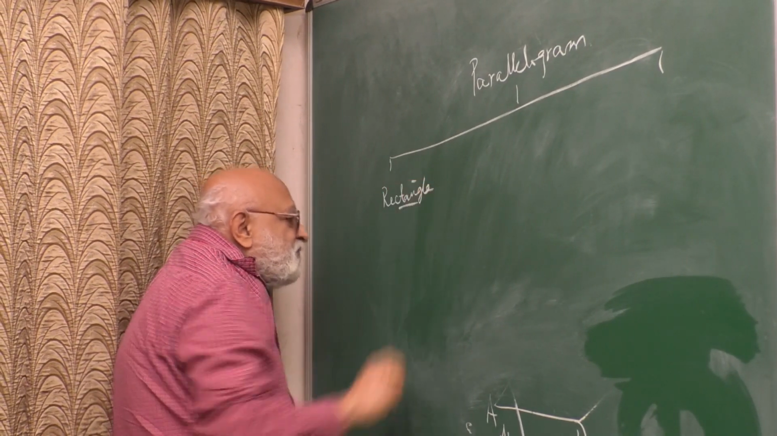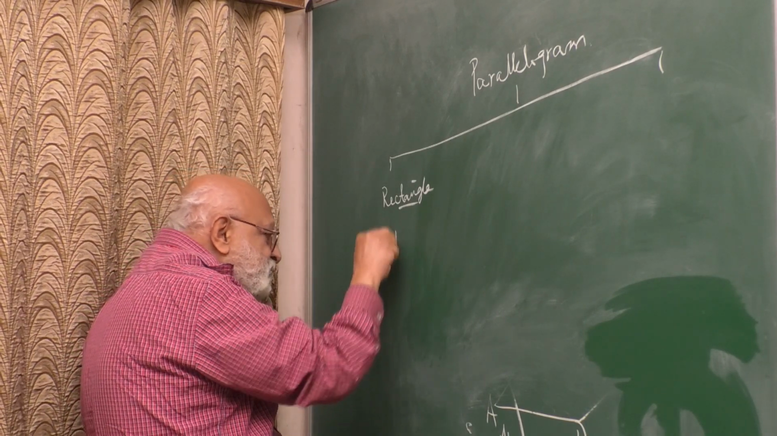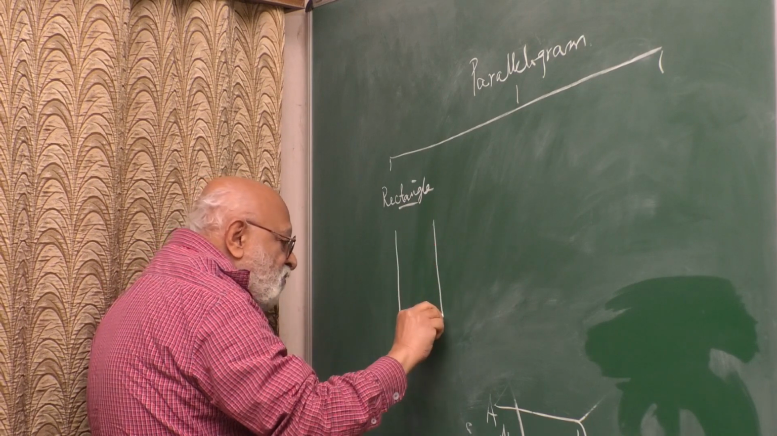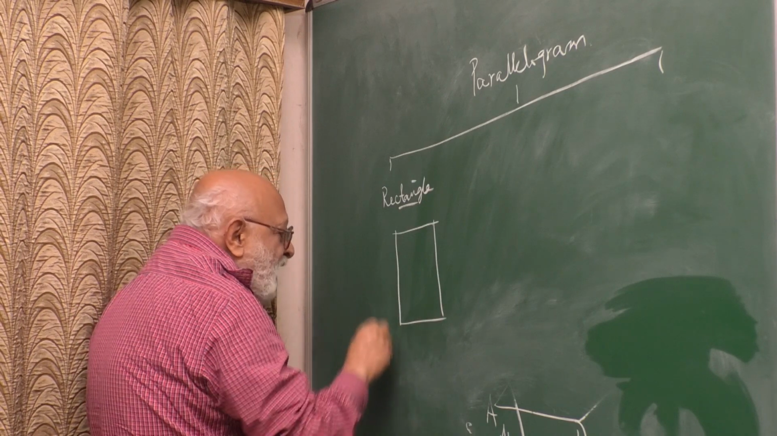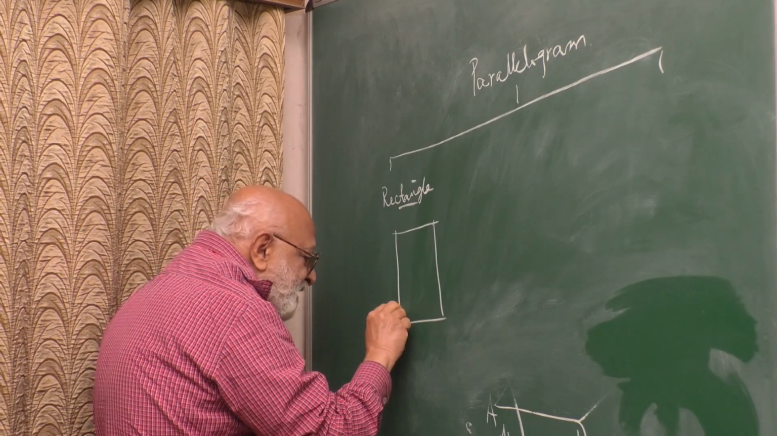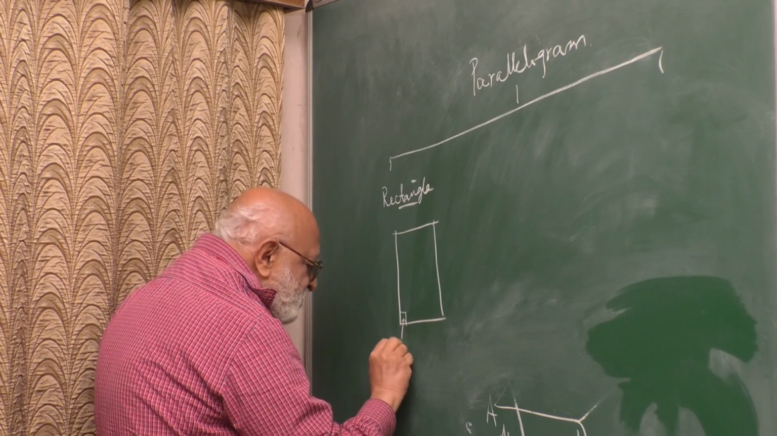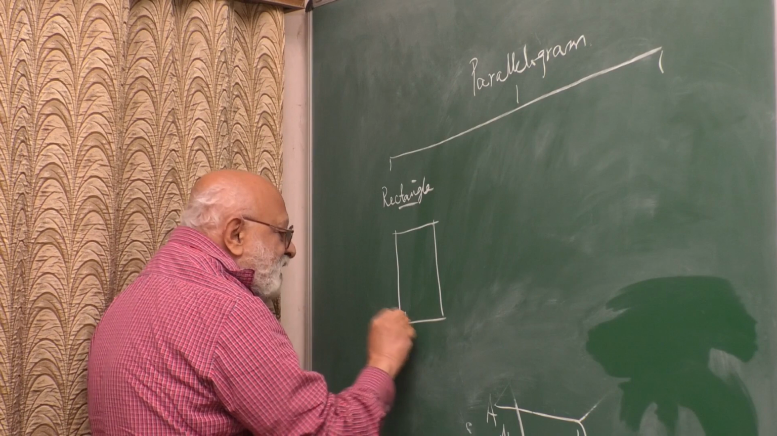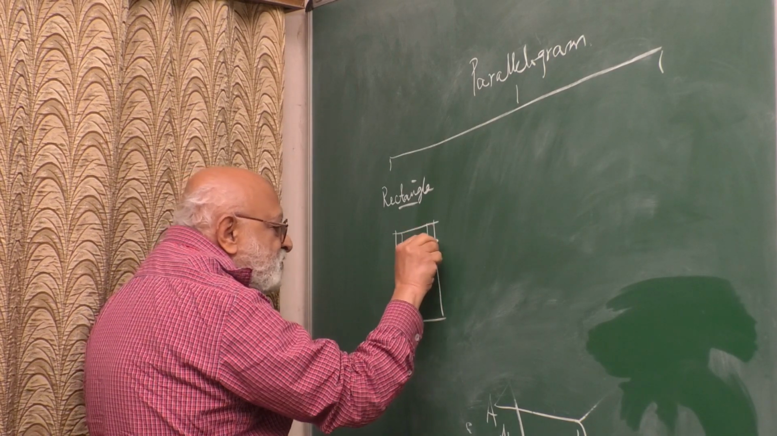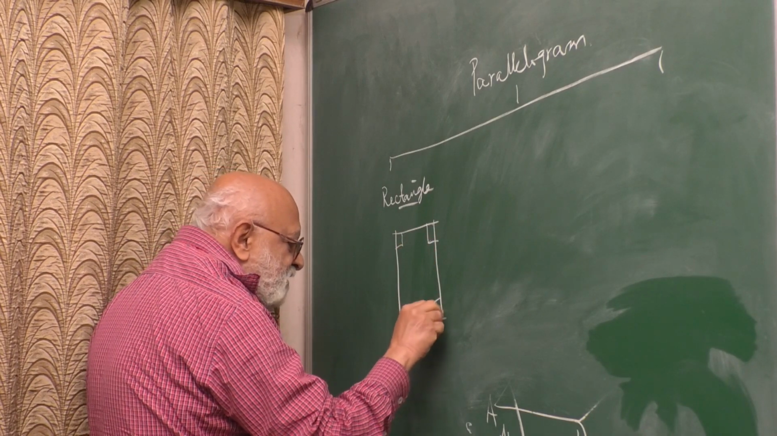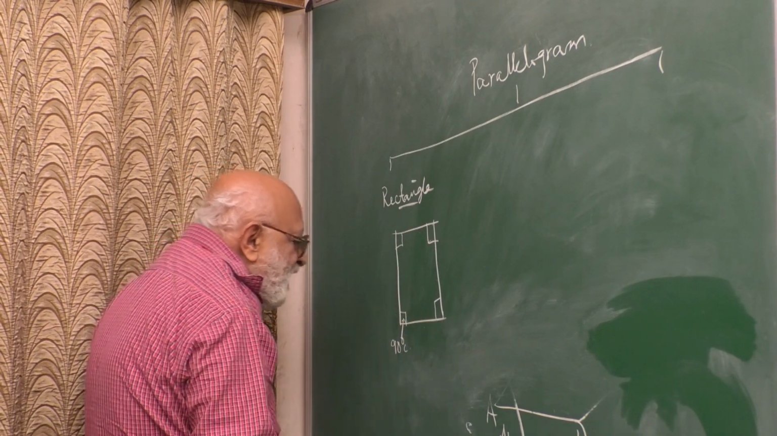Now let's spend a little bit of time on the rectangle. What is a rectangle? A rectangle has two sides parallel, and another angle here, this is 90 degrees. As I will show you later, that one angle being 90 will end up making all angles 90. So in a rectangle, you have two parallel sides and one of the angles equal